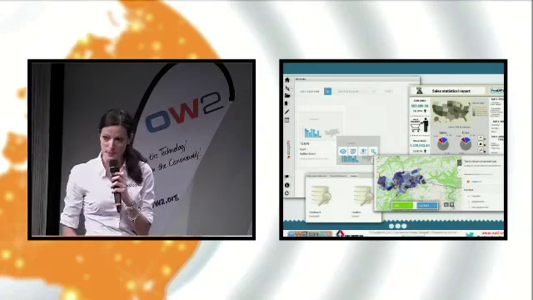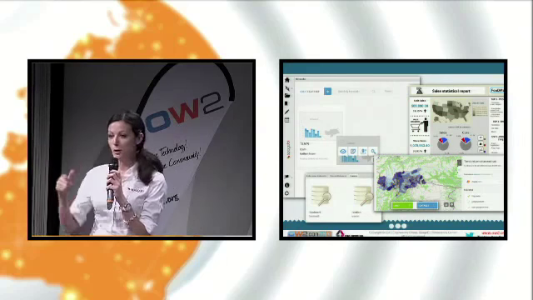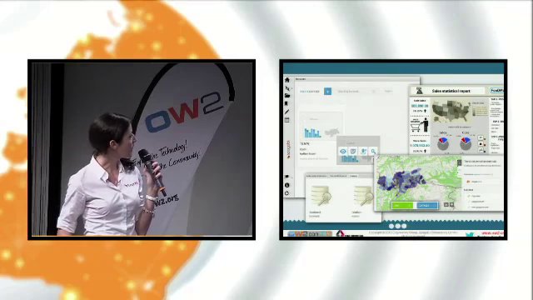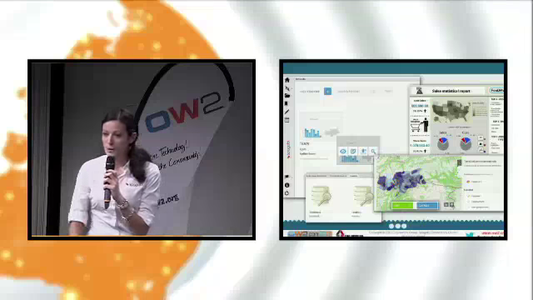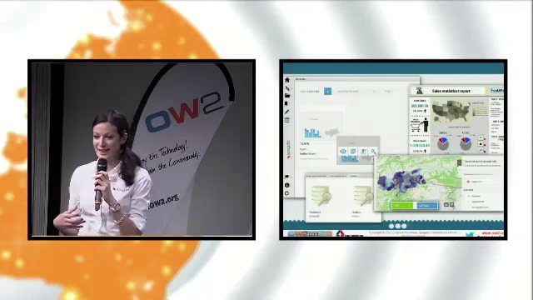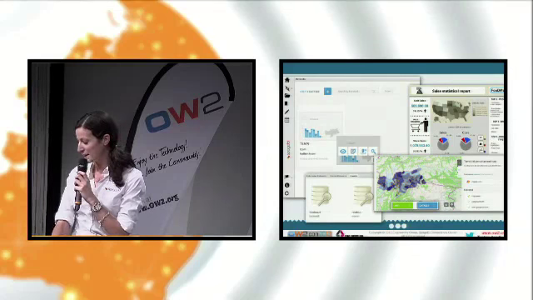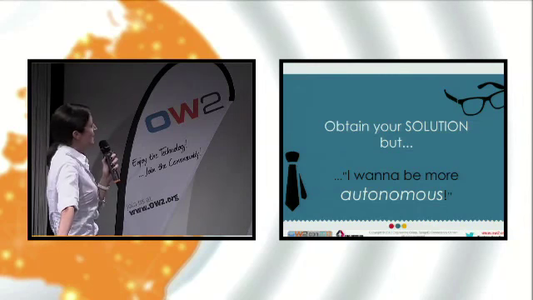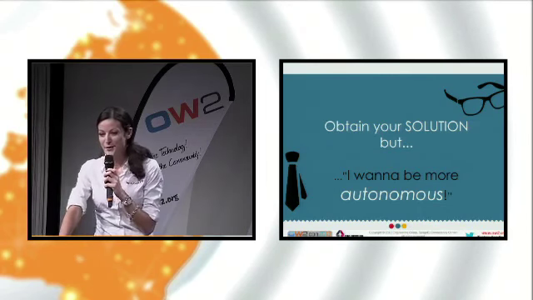With the new version of SpagoBI that will be released tomorrow inside the forge of OW2, in a context of a complete re-engineering of the interface, which is a little bit more focused on the end user with the new look and feel, as you can see, with tools that permit it to be user-friendly to the business. So we have our solution, but every time, from the business, we have someone that told me,